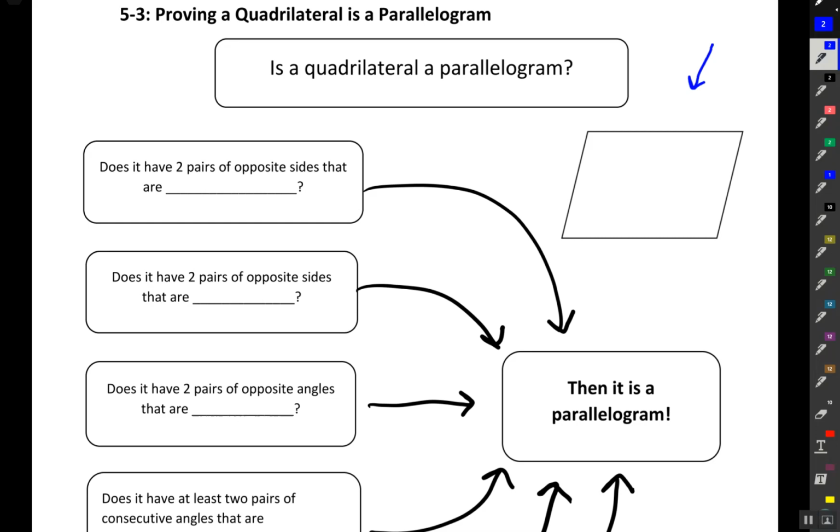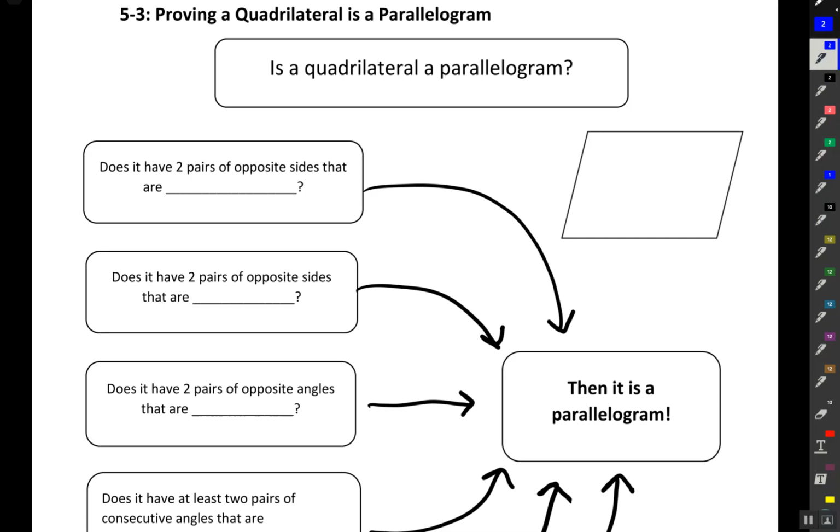Now, first of all, you can't go by what it looks like. Often they're going to give you things that look exactly like a parallelogram. So we need to go by evidence, information, markings on the diagram, things that we can deduce from information we know. So to begin with, the easiest way to be 100% sure that you have a parallelogram